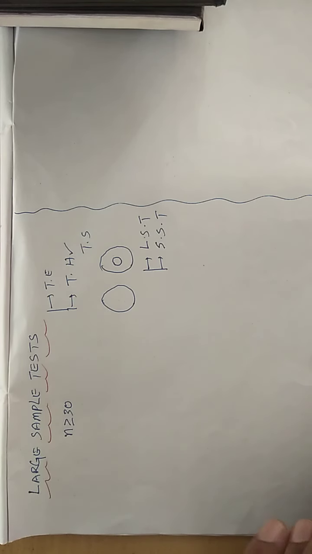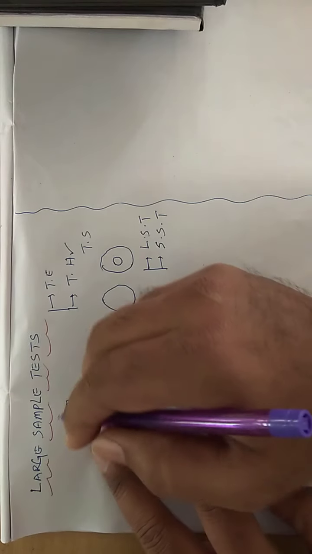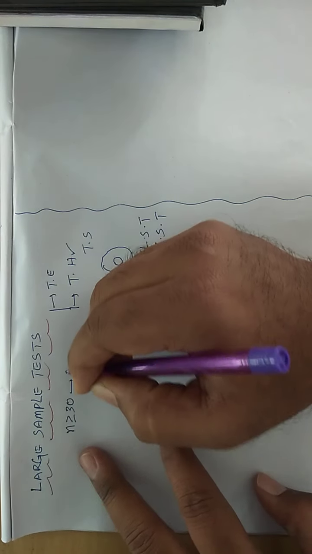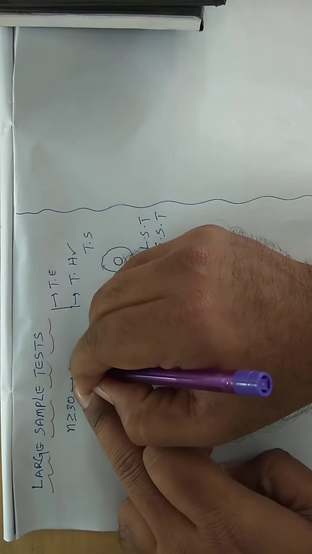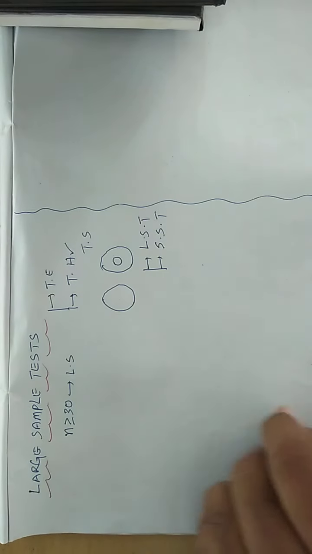Let us suppose that 500 Maruti cars are there, and you want to test their mileage. You need not test each and every Maruti car's mileage. Just pick 50 cars and test these 50 cars' mileage. Here the 50 is known as the large sample. In the same way, if n is greater than or equal to 30, all those samples are known as the large samples.